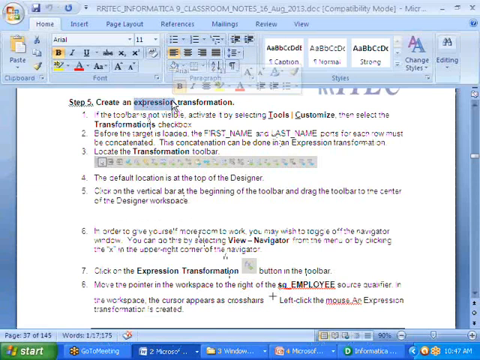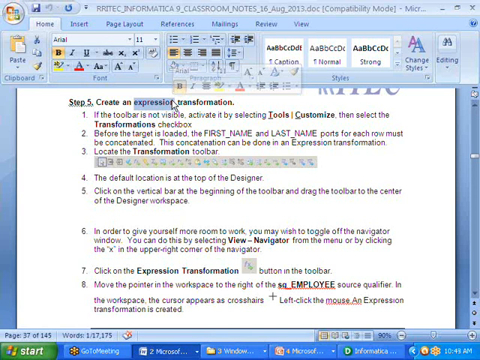In expression transformation, how many records I am giving, that means the same records will come out or not? Suppose we are doing first name, last name concatenation, sir. In my database, Ram and Reddy are available. These are the two columns available. One record only, right? This one record will go as one record or not, sir? It is just combined, it will go. That means in my source, however many records are available, in my target the same number of records will go or not? You understand my point or not?